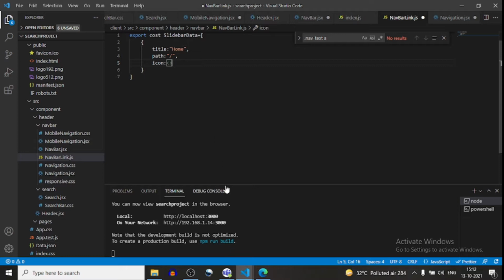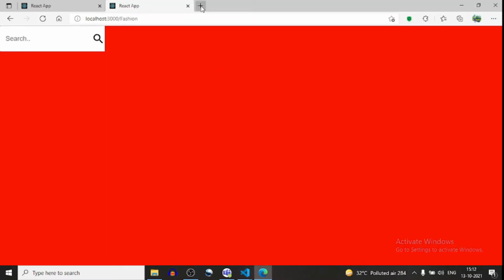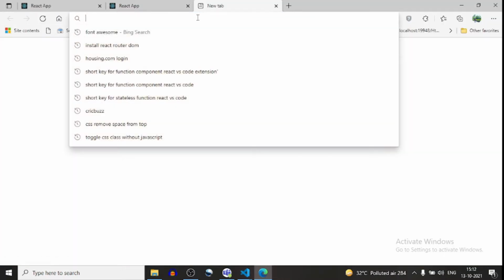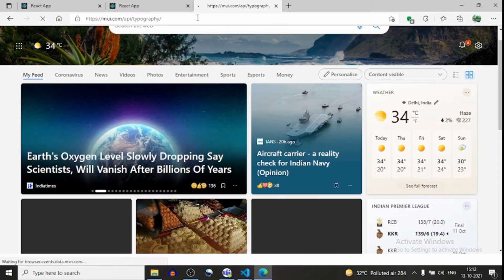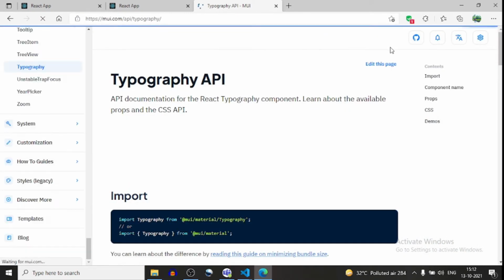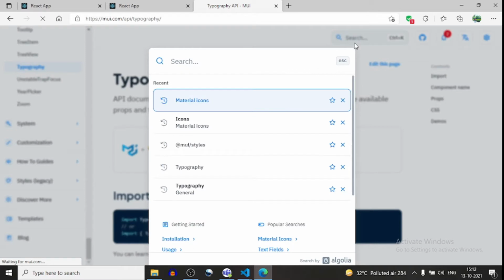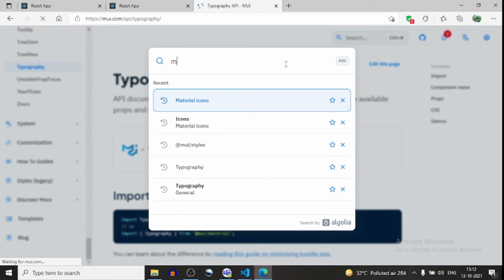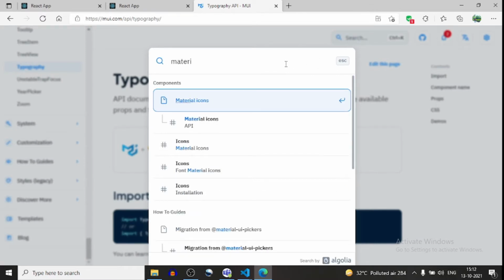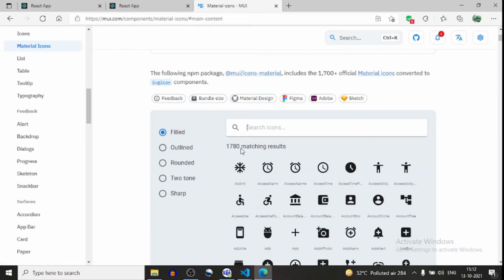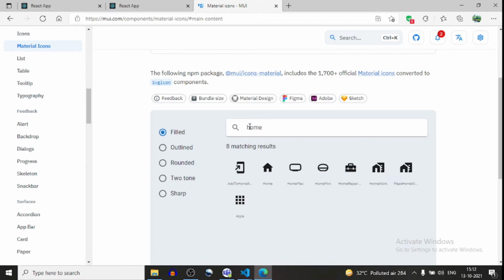So I will go in the browser and type MUI, and in this I will search Material UI. In this Material UI icons, I will search home.